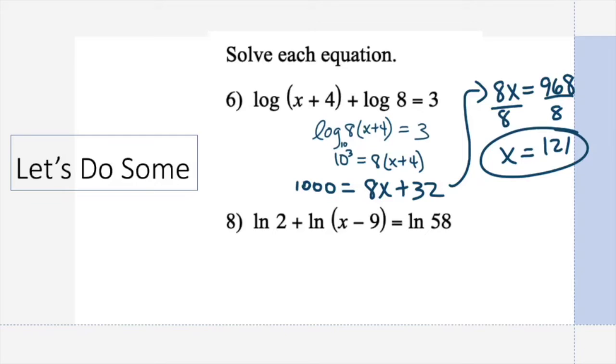On the left-hand side, we can bring together and make this into one ln. This will be ln 2 to the x minus 9, and then you put an open parenthesis, 2 times x minus 9, equals ln